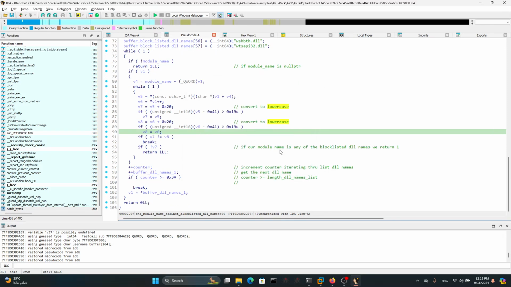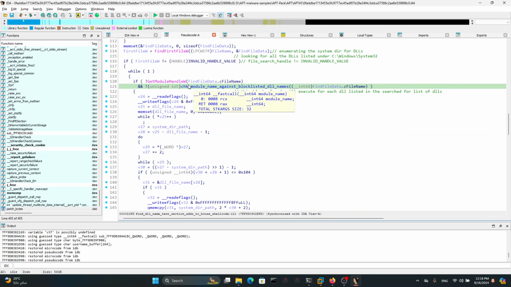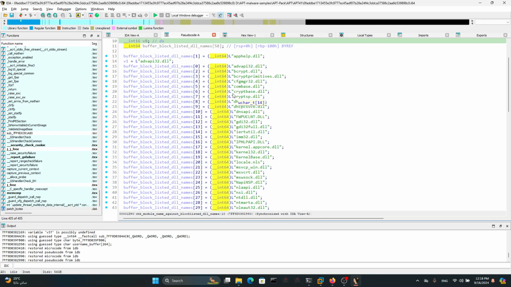Yeah, interesting. And you can see if the module is any of these blocklisted DLLs, then we return a 1. And so we don't want to actually process or mess with these modules or DLLs that are blocklisted or could contribute to critical system activities. And so we're trying to avoid messing with these, because basically what DLL hollowing is, it's going to find a large enough text section in a system DLL in our System32 directory, and it's going to load up this